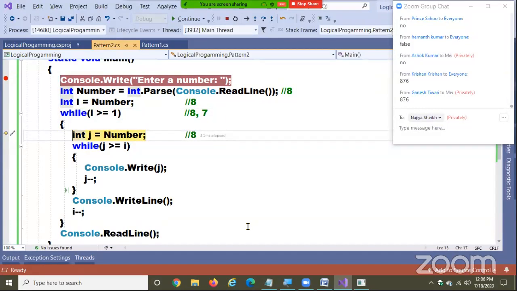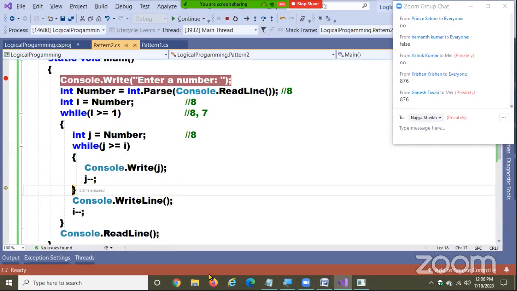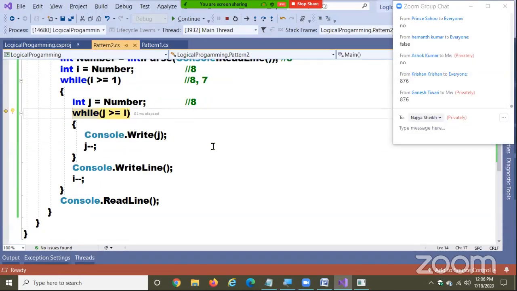J is equal to number. 8 is assigned to J. J greater than or equal to I? Yes. Comes, prints the J value. Watch it. 8 is printed. Okay. Now again J minus minus, J becomes 7. But I is 8. And J greater than or equal to 8, condition failed. Because the condition failed, it will come out of the loop, prints a line break,